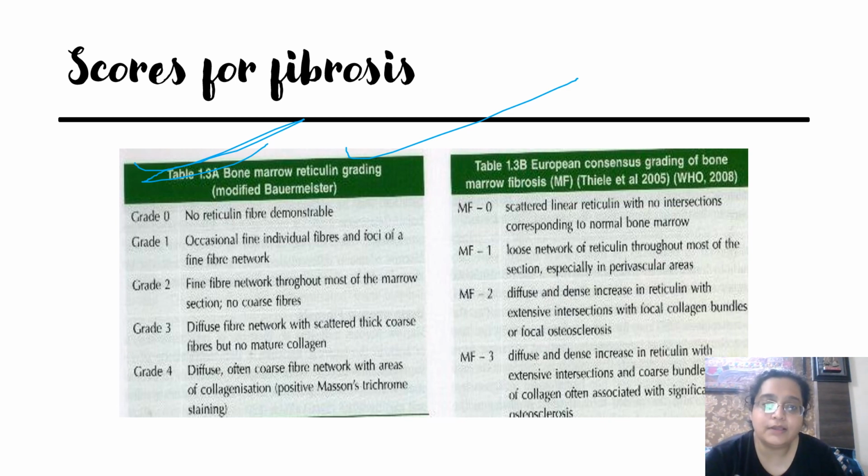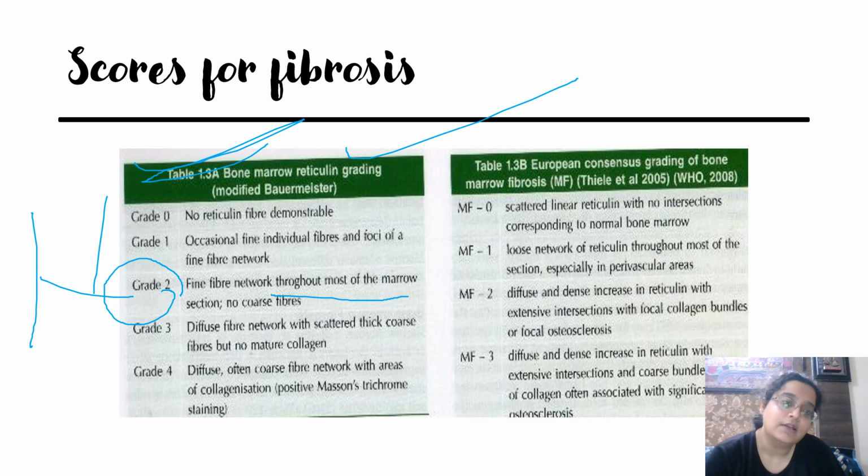A way of remembering this, for me at least, because these cannot be rote learned, is that the chart is kept in front of me. From grade 2, you see intersection of fibers. Supposing this is the bony trabeculae, and I use green for the fibers. So you can see a little fiber here, some fiber here, some fiber here. So this is around grade 1. If you see very few fibers, just one or two, supposing I delete this one, this could be grade 0. However, if you see some sort of intersecting fibers like this, then this is grade 2 and above. Then you can look at the book and see which actual grade it is, okay?